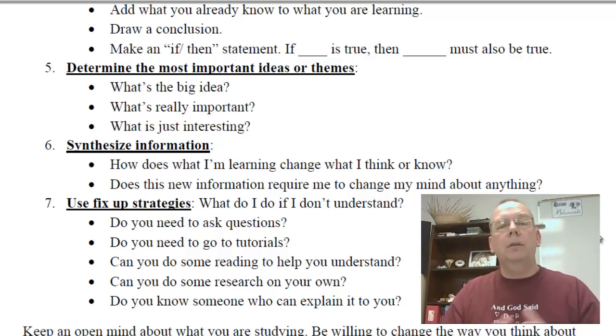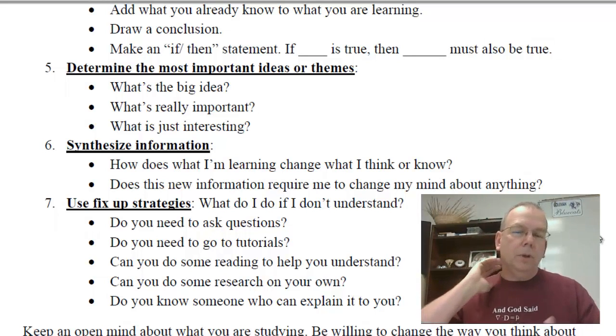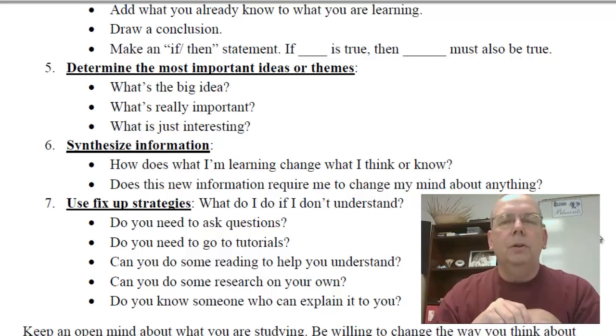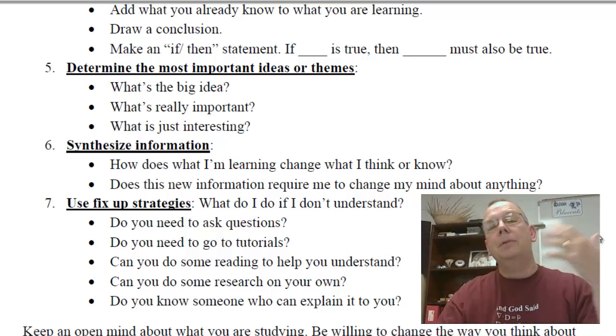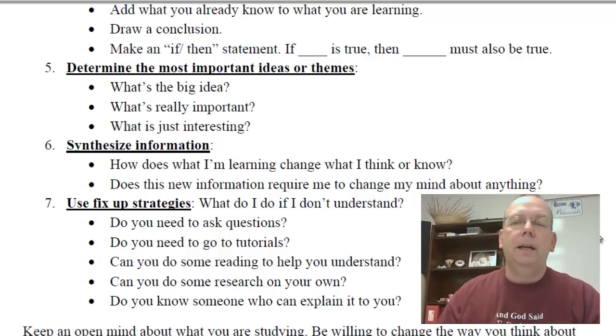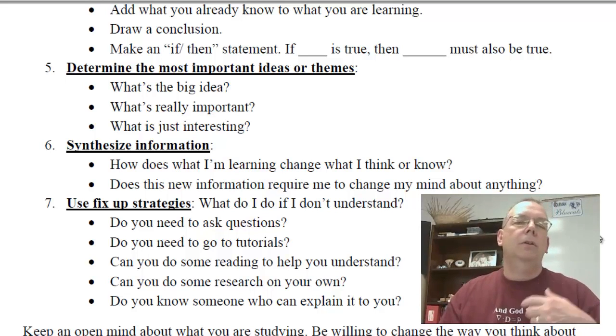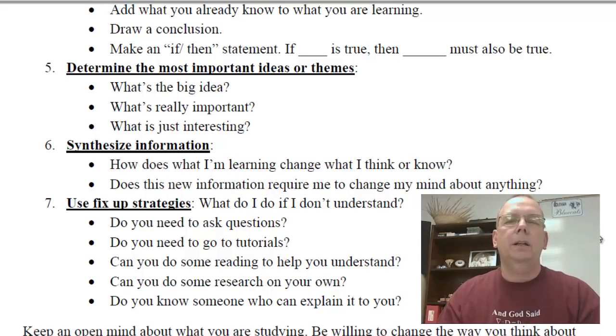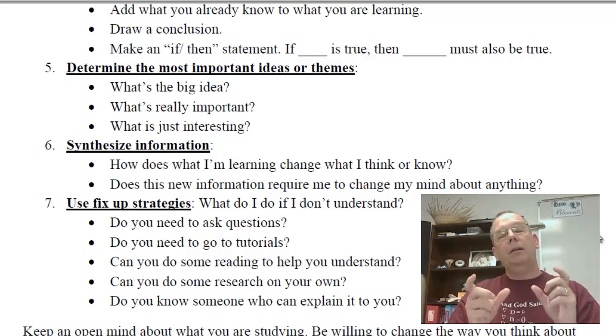All those are suggestions. Do I want you to do all of those things when you do your Cornell Notes? Well, no, of course not. I just expect you to do a few of them, but these are the different types of things that might come into your mind as you're in a lesson or listening to a video or reading a textbook. I'm not going to elaborate on this a whole lot.